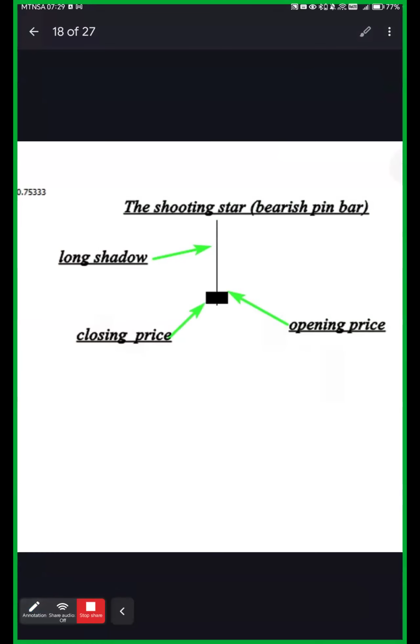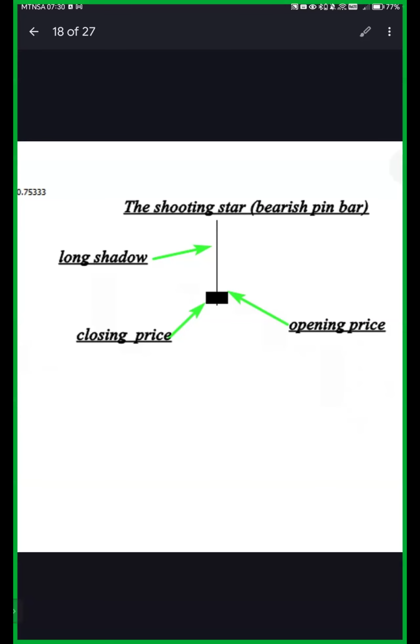Okay, let's go and see the opposite version of a hammer. When you flip the hammer upside down, what do you end up having? You end up having what we call a shooting star. There are people who always confuse a shooting star and a morning star. They say that a shooting star is the opposite of the morning star. No. Morning is evening. Morning is not shooting. Are we together?